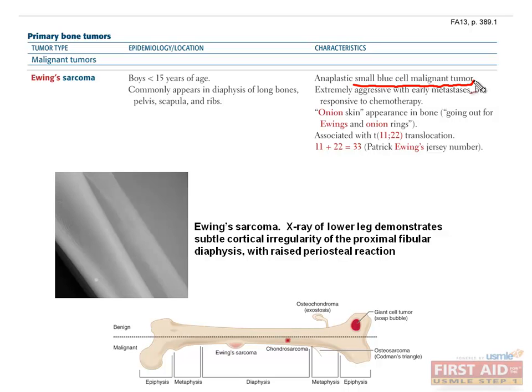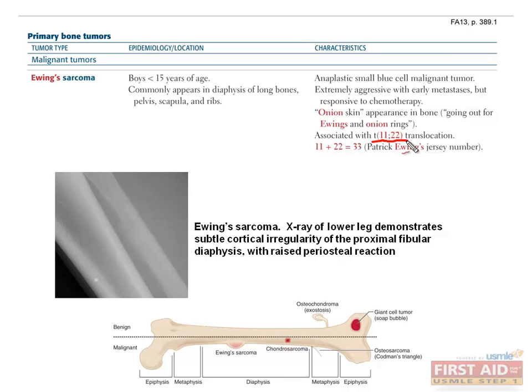It can happen in a lot of different bones, usually in the diaphysis of long bones, but also in the pelvis, scapula, and ribs. There are 2 classic aspects to remember. The first is that it has a classic onion skin appearance. You can remember this with a memory aid, Ewing's and onion rings. It rhymes. The other important thing you'll want to remember is that it occurs as a result of an 11